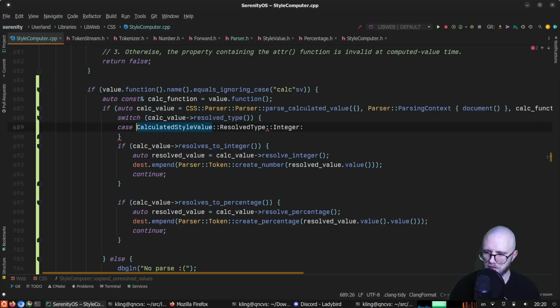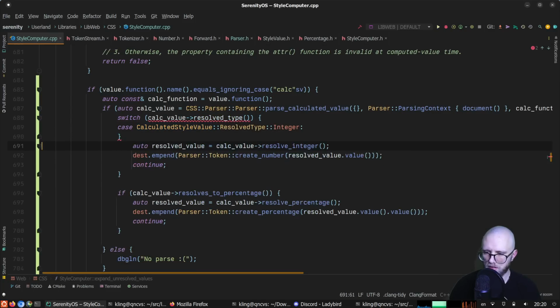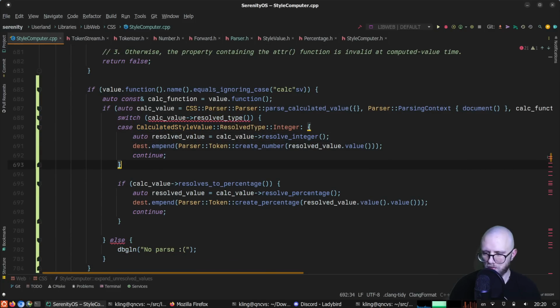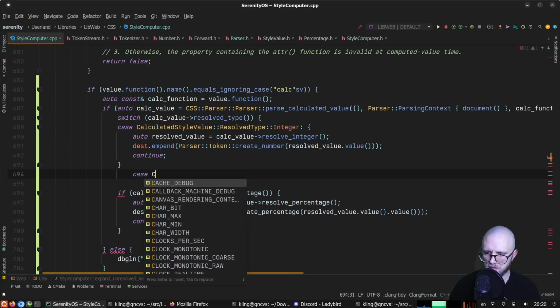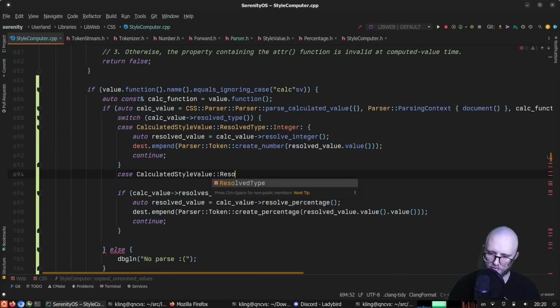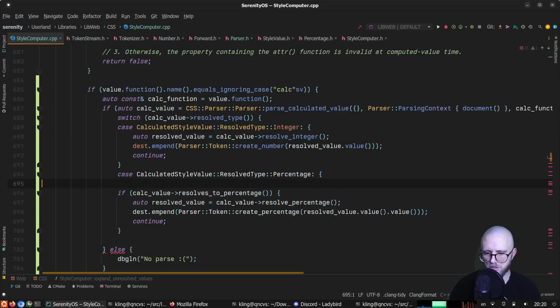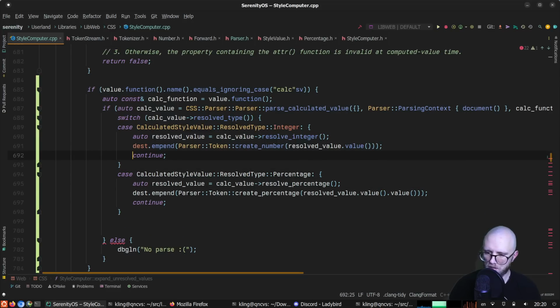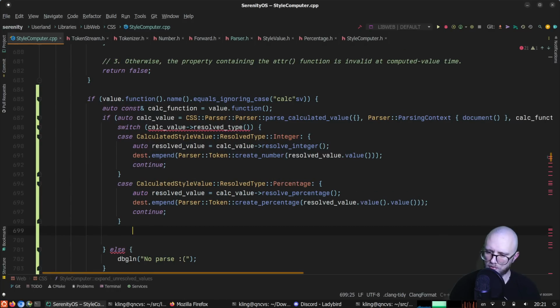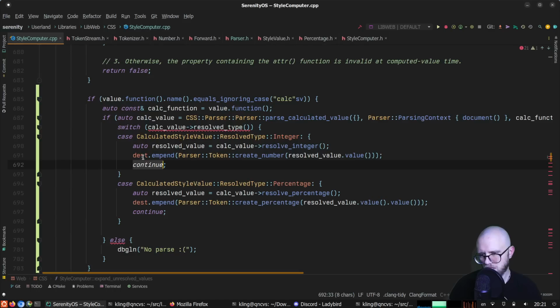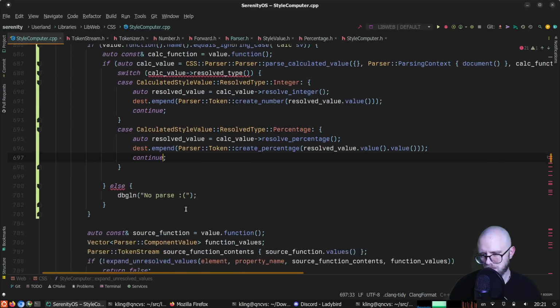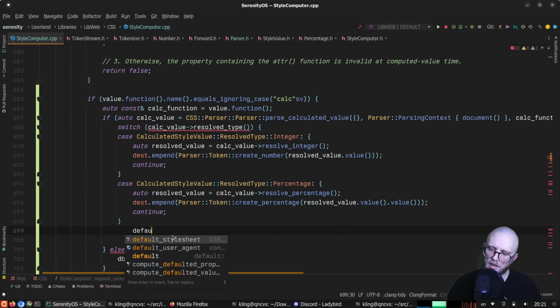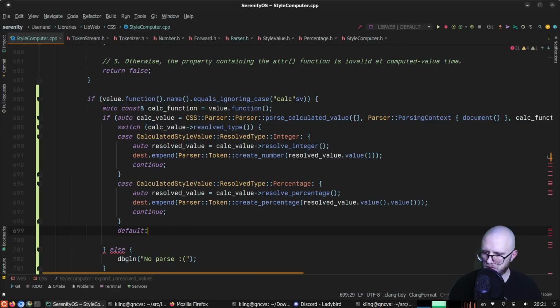Integer, let's say. Do I need that whole thing? Yeah, so it goes a little something like this. Percentage. That's a continue. So we go out. Continue makes sense there. Yeah, it does. And then we have the unhandled case, I guess. So if we fail to parse,